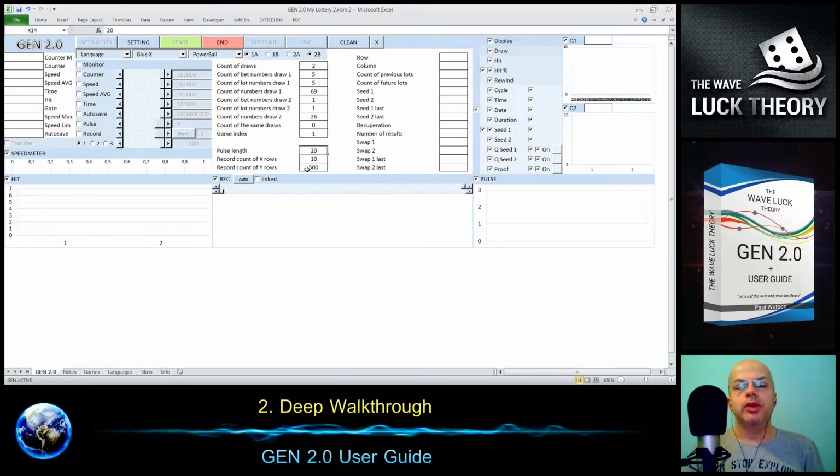The pulse and record are represented here, and during the generation I will show you how to work with them and what they are for. Then we need to set up where the printed interface will be placed. These are the coordinates of the starting point. So we put a row, the minimum can be 25, but I am used to using 27, and for the column we put number 2, which is exactly this point.